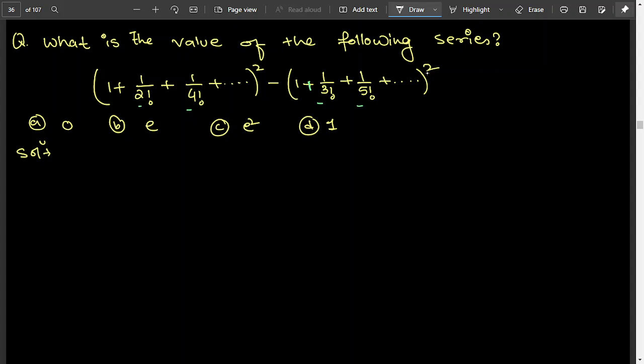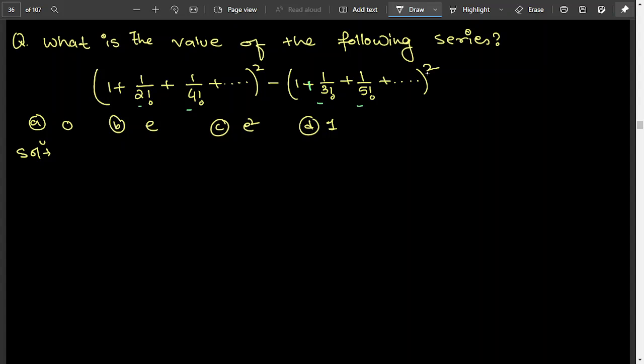आज मैं आपके सामने लेकर आया हूँ एक बहुत ही इंटरेस्टिंग क्वेश्चन जो कि आया था जेस्ट प्रीवियस ईयर में। तो ये वाला प्रॉब्लम बहुत ही आसान है अगर आपको सीरीज एक्सपांशन याद हो तो।